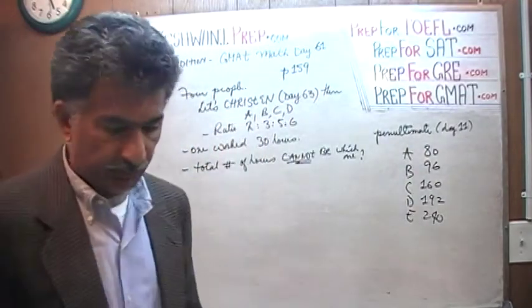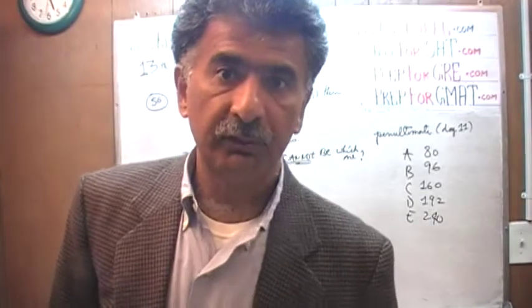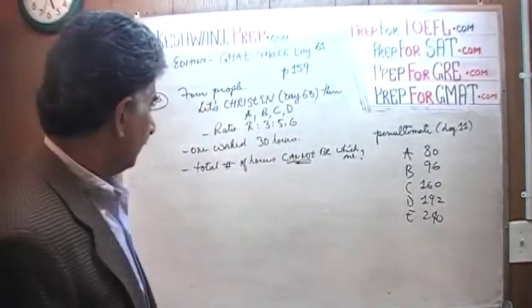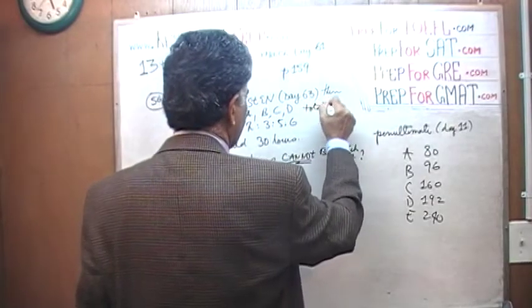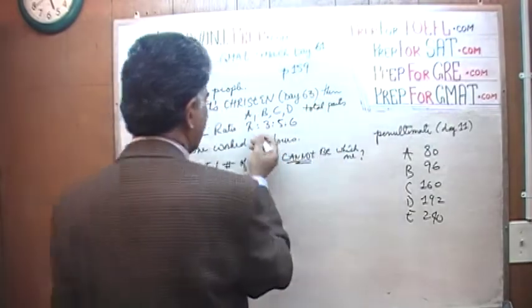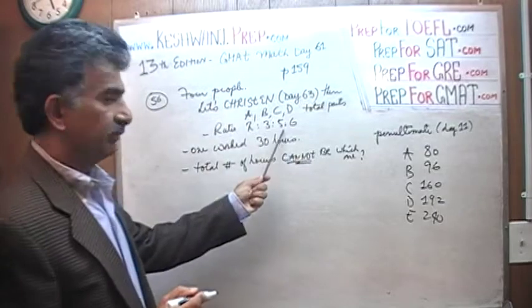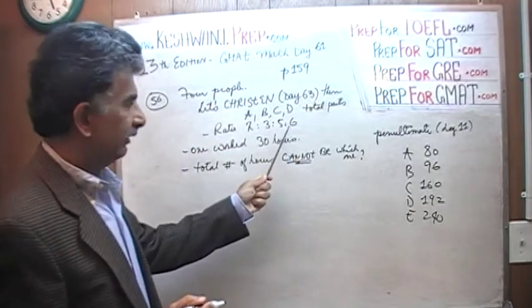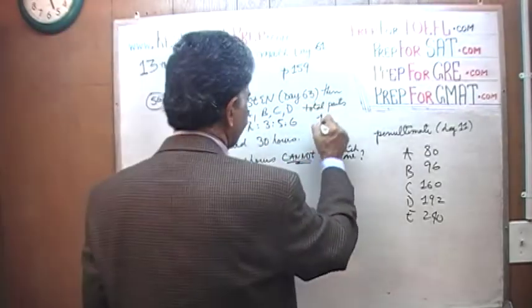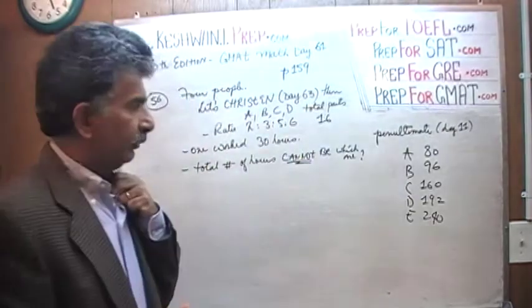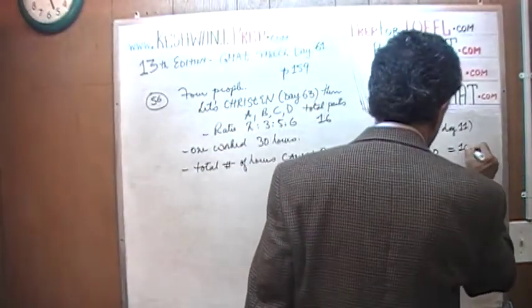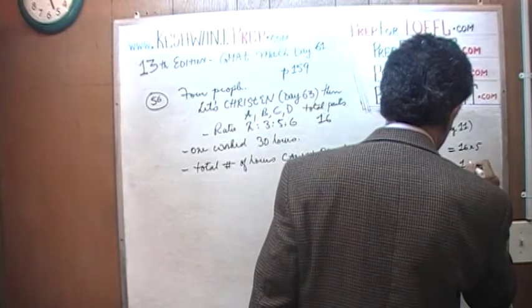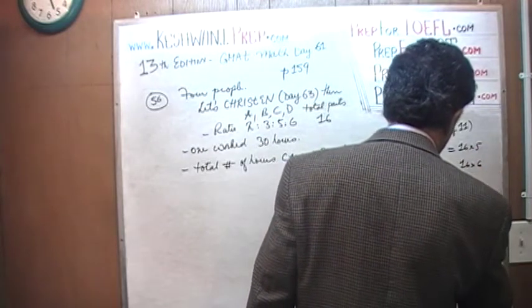The very first thing you will notice is that it's not quite as simple and straightforward as you might think at first. If you were to add up all the parts here, the total parts are 2 plus 3 is 5, 5 plus 5 is 10, 10 plus 6 is 16. There are 16 total parts, and you will realize soon that every one of them is a multiple of 16. This is 16 times 5, this is 16 times 6, this is 16 times 10,